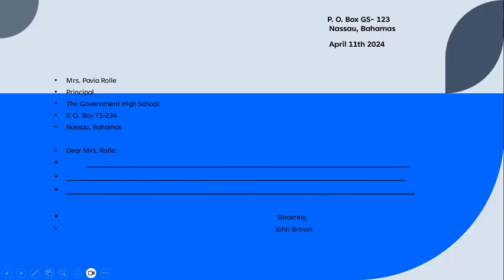It seems as if when I was just editing it, it moved. Under PO box and stuff like that. So don't mind this here. I should have checked it. Almost. Okay, so make sure the sincerely and John Brown are under the P, the N, and the A. It's off, but this is incorrect. So make sure it's under there. Let me know if everyone's format looks a lot like that.